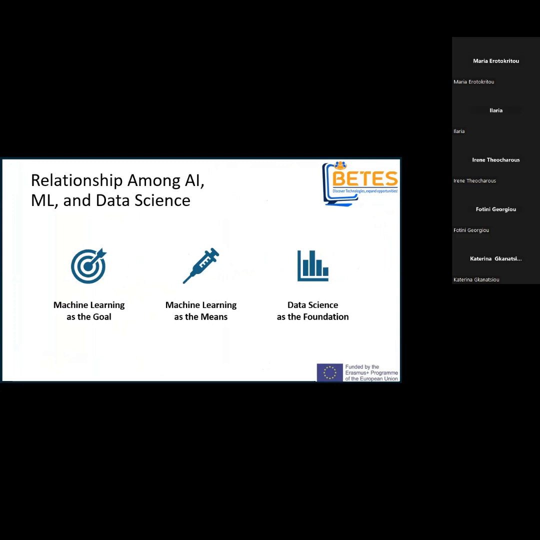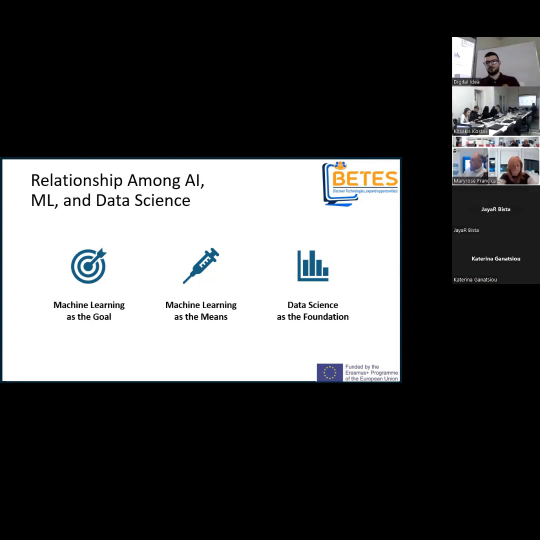What is the relationship between all those things, AI, ML, and data science? We can think of the ultimate goal of AI as the need to create systems capable of performing tasks that would typically require human intelligence. So both machine learning and parts of data science contribute to achieving this goal by enabling machines to learn from data and make intelligent decisions. Again, as we said, like a human who's in the same position. Machine learning is the primary means by which we achieve this artificial intelligence. It provides the methods and algorithms that enable computers to learn from data and make AI possible.